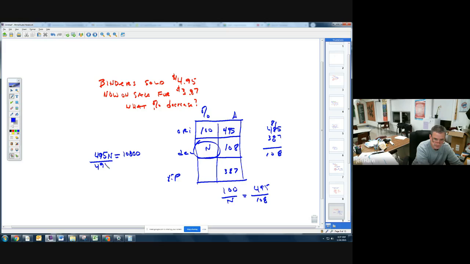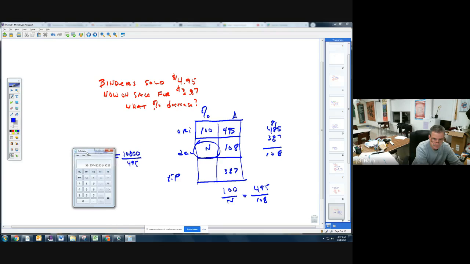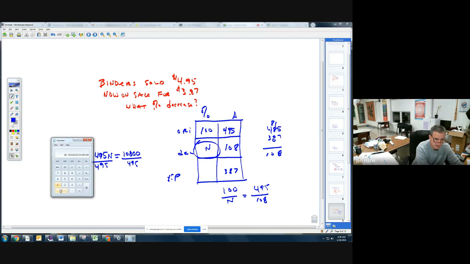Divide by 495, divide by 495, and again my answer is going to be a percent there. Here we go. 10,800 divided by 495 is, look at that, and again might as well just round to a nice neat 22%